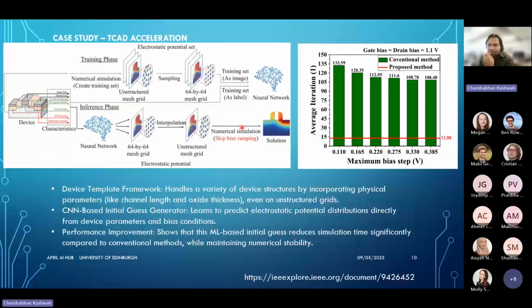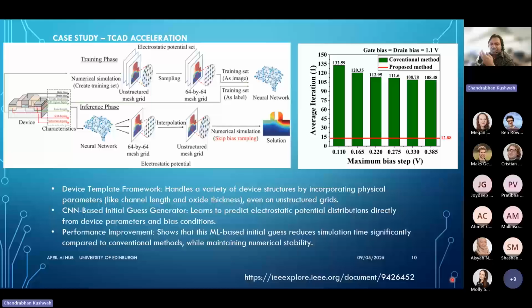So the objective is to accelerate semiconductor device simulation by replacing the traditional bias ramping with neural network predicted initial solutions, thereby reducing computation time without sacrificing accuracy. The core idea of this simulation is to solve complex coupled nonlinear partial differential equations, for example the drift diffusion model, using the Newton-Raphson method, which requires a good initial guess. Normally, engineers use bias ramping and compute intermediate solutions to build up to the target condition, but